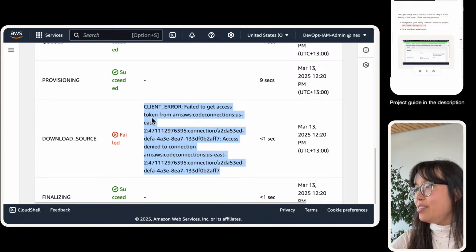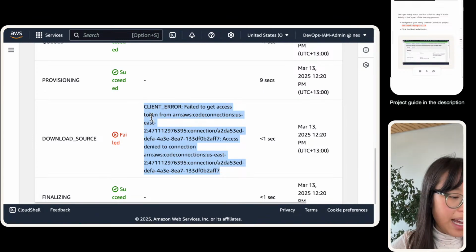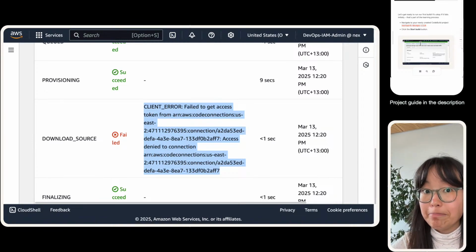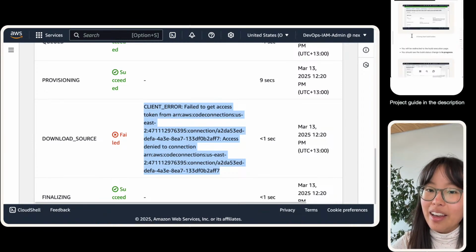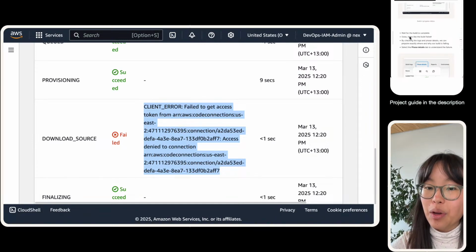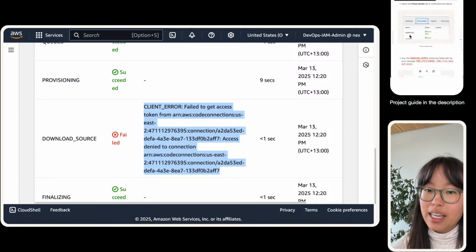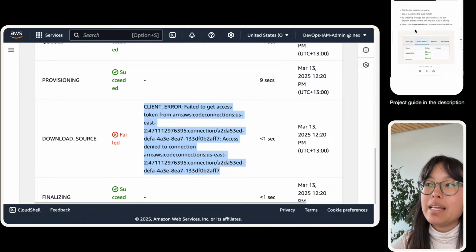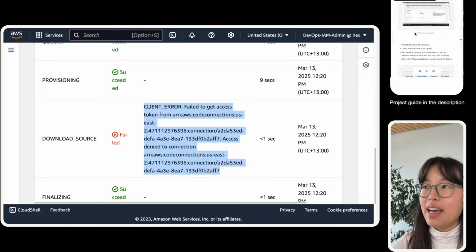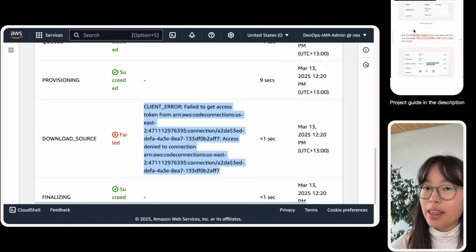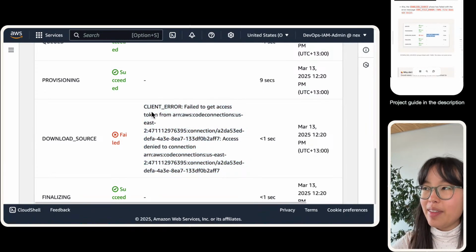What does that mean? How could we fail to get an access token? What's happening here is that CodeConnection is telling us that we don't have access to it. Spicy. Okay, it means that we actually need to tell CodeBuild to go give it access to CodeConnection. Now the ironic thing here is that this project guide at the moment does not have the instructions for